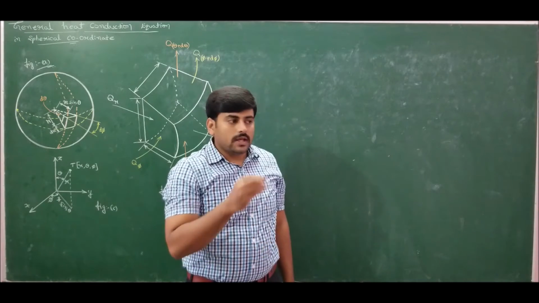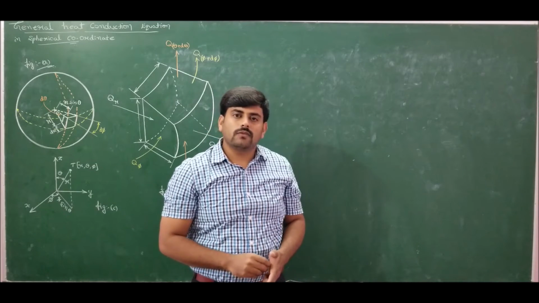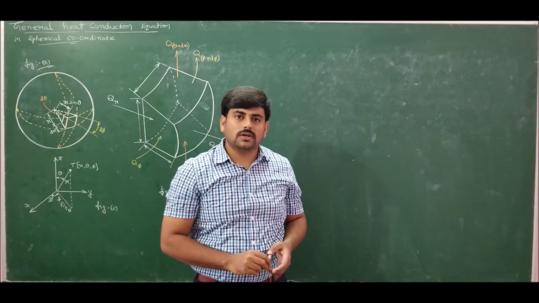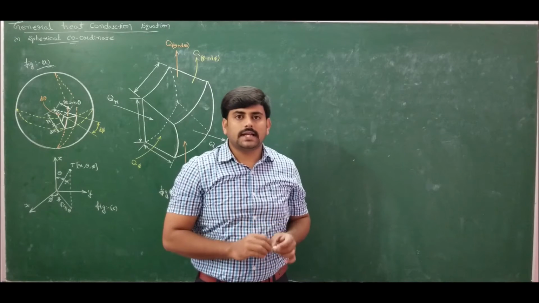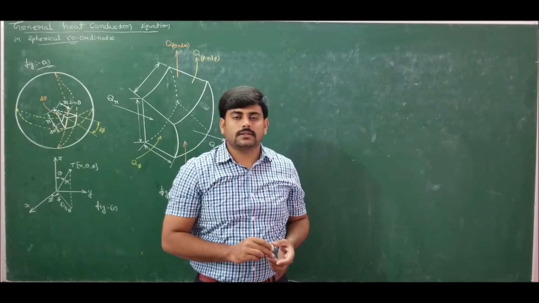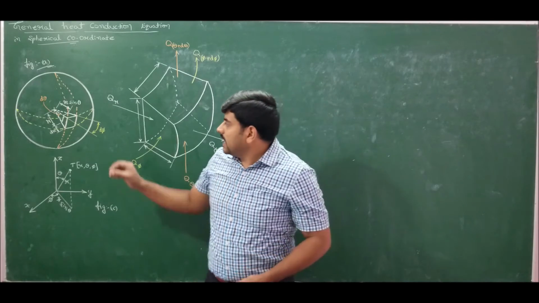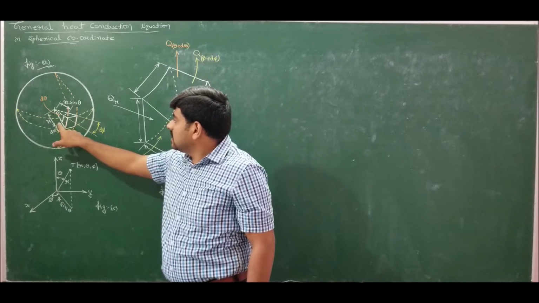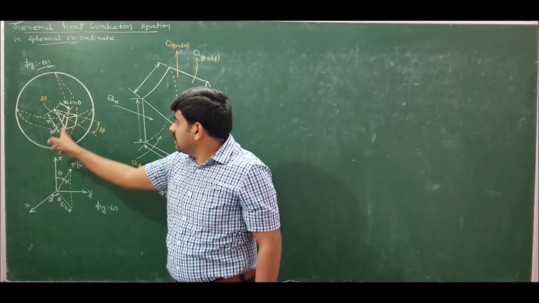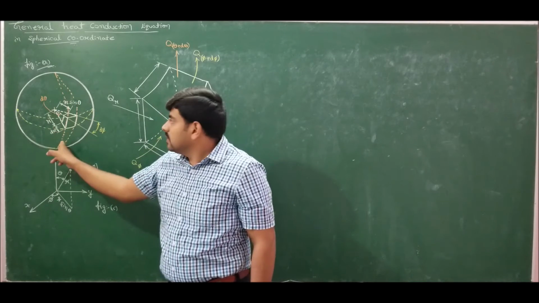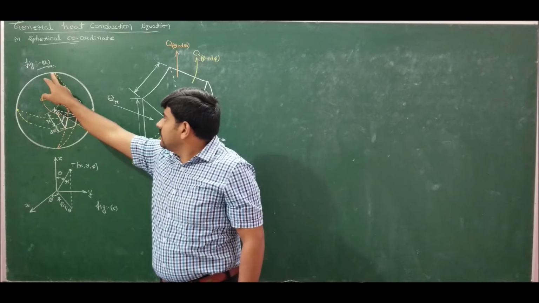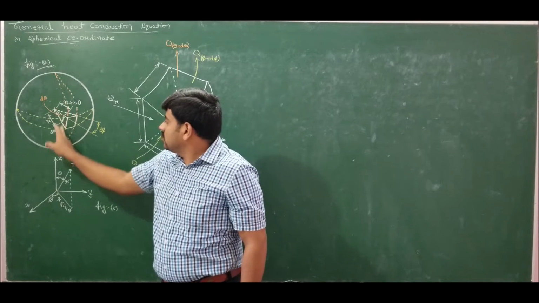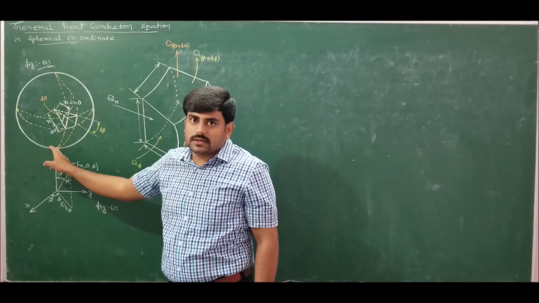Therefore, in order to address such problems, we want two angles, which can be handled with the help of the general heat conduction equation in spherical coordinates. Now let us consider an element of length dr at a distance of r, where r varies in the vertical plane and the angle made by r is theta, which is varying from 0 to 90 degrees, which I have shown here.